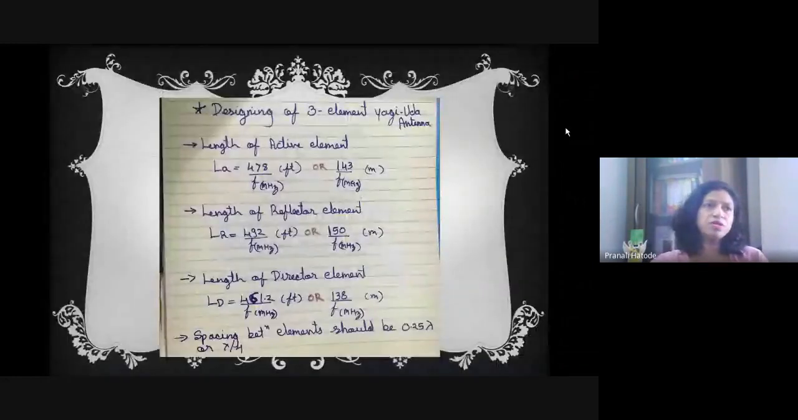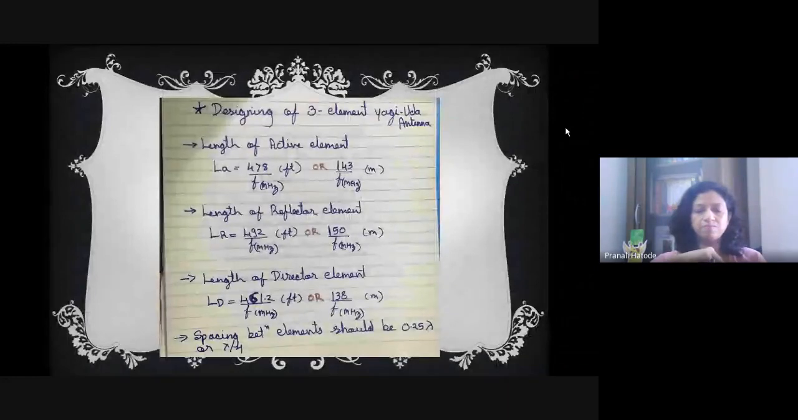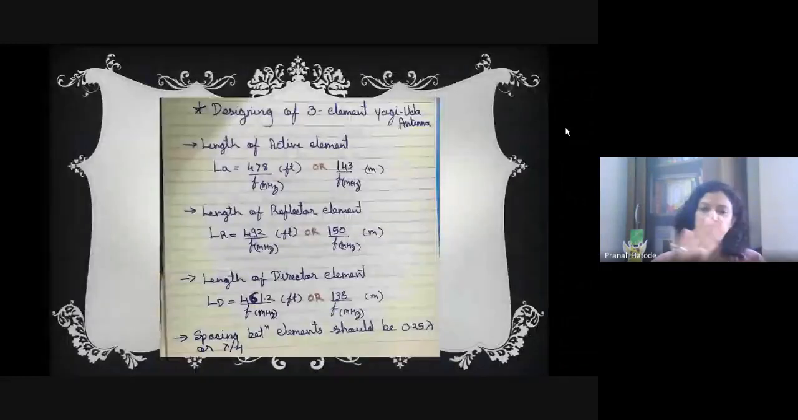As I told you, there are 3 important parts in this antenna. The first one is the active element, that is the driven element, the reflector element, and the director elements. The number of directors can also increase from 1 to many. Also, you can increase the number of reflectors, but an increase in reflectors does not give any significant change in the output,